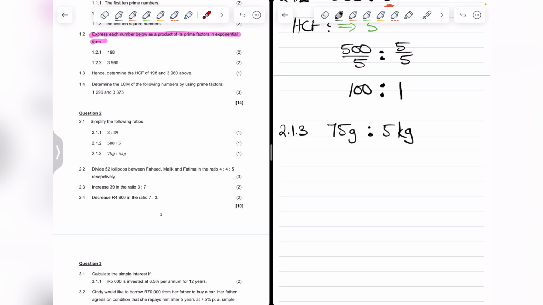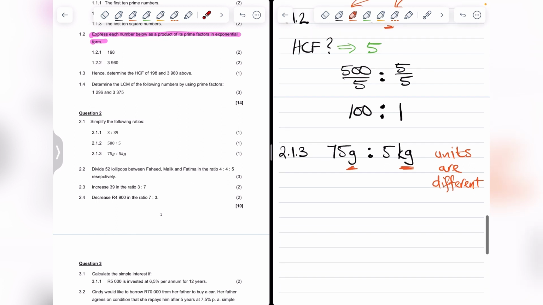Right, 2.1.3 now. We have the ratio 75 grams is to 5 kilograms. So my units are different. So that means I cannot simplify the ratio yet. I need to make my units the same. So I need to convert. And again, in my opinion, it's safer to convert from the bigger unit to the smaller unit, because it allows you to multiply instead of dividing, because dividing usually ends up giving you